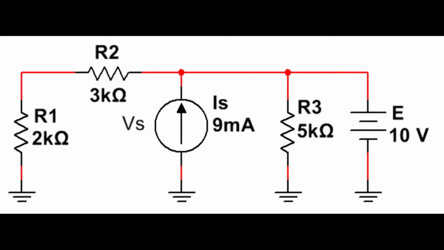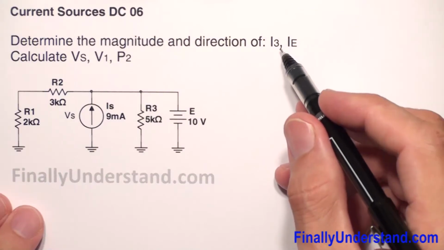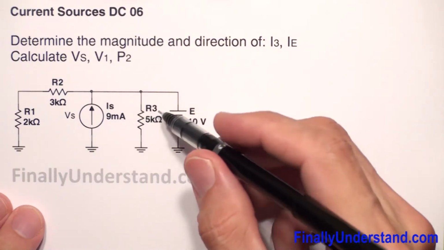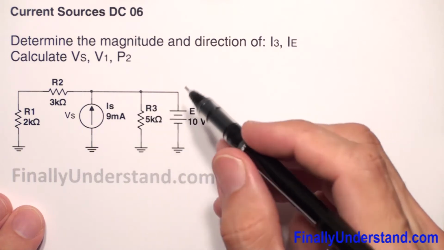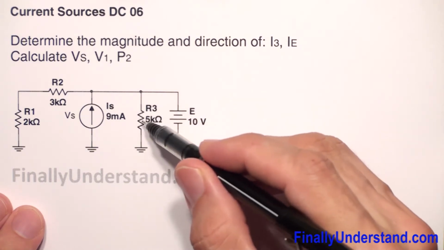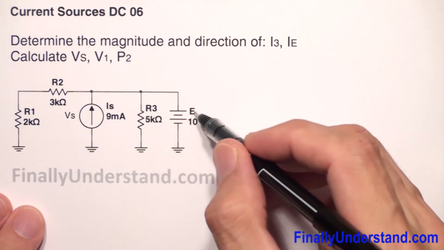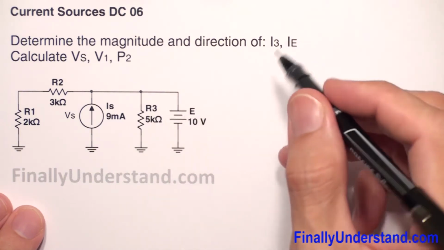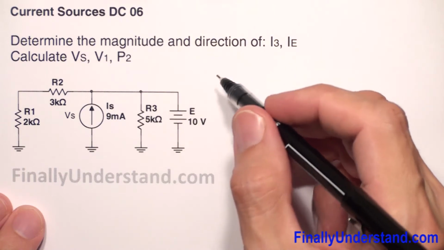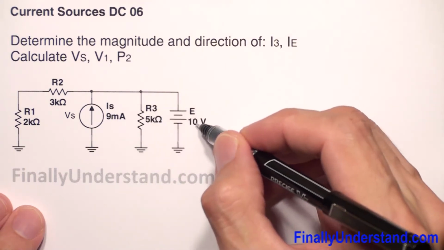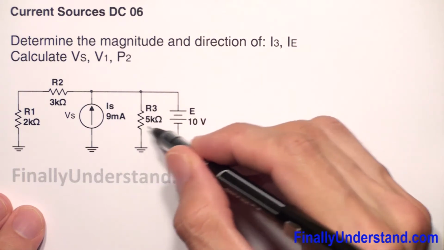Let's take a look at this example. This time we're supposed to find I3. I3 is the current which will go through resistor R3. Please notice that resistor R3 is connected in parallel with my voltage source E. So simply you're supposed to realize that the voltage across resistor R3 is equal 10 volts because these two components